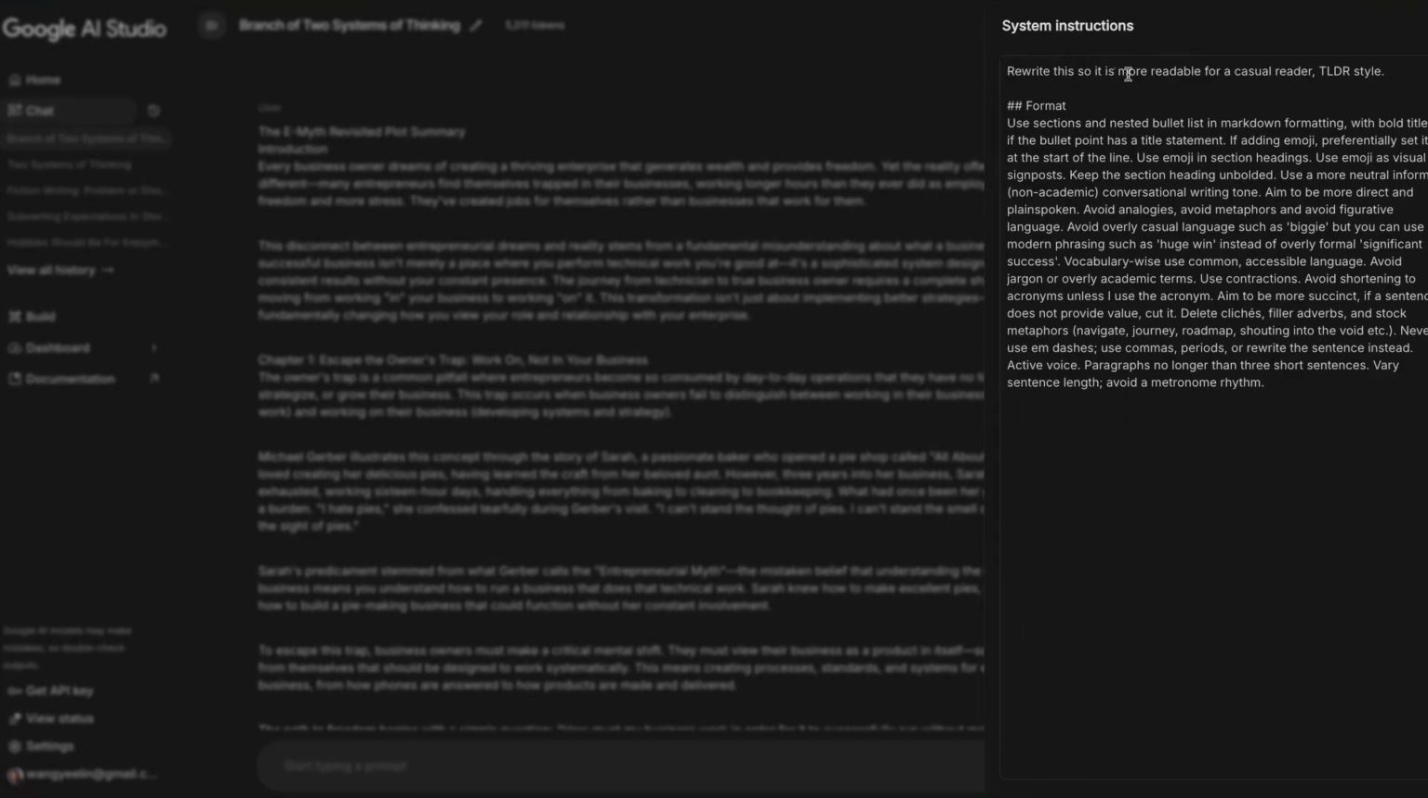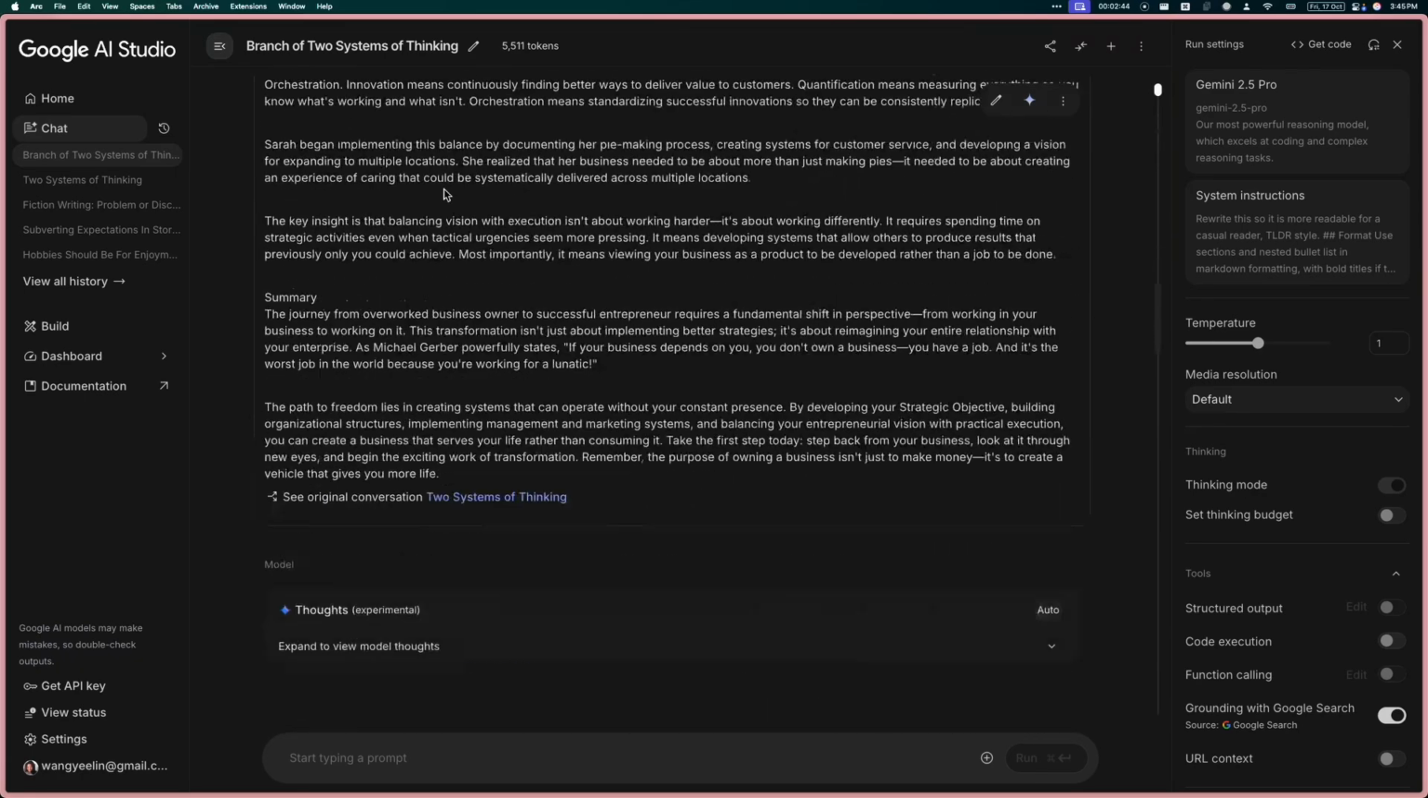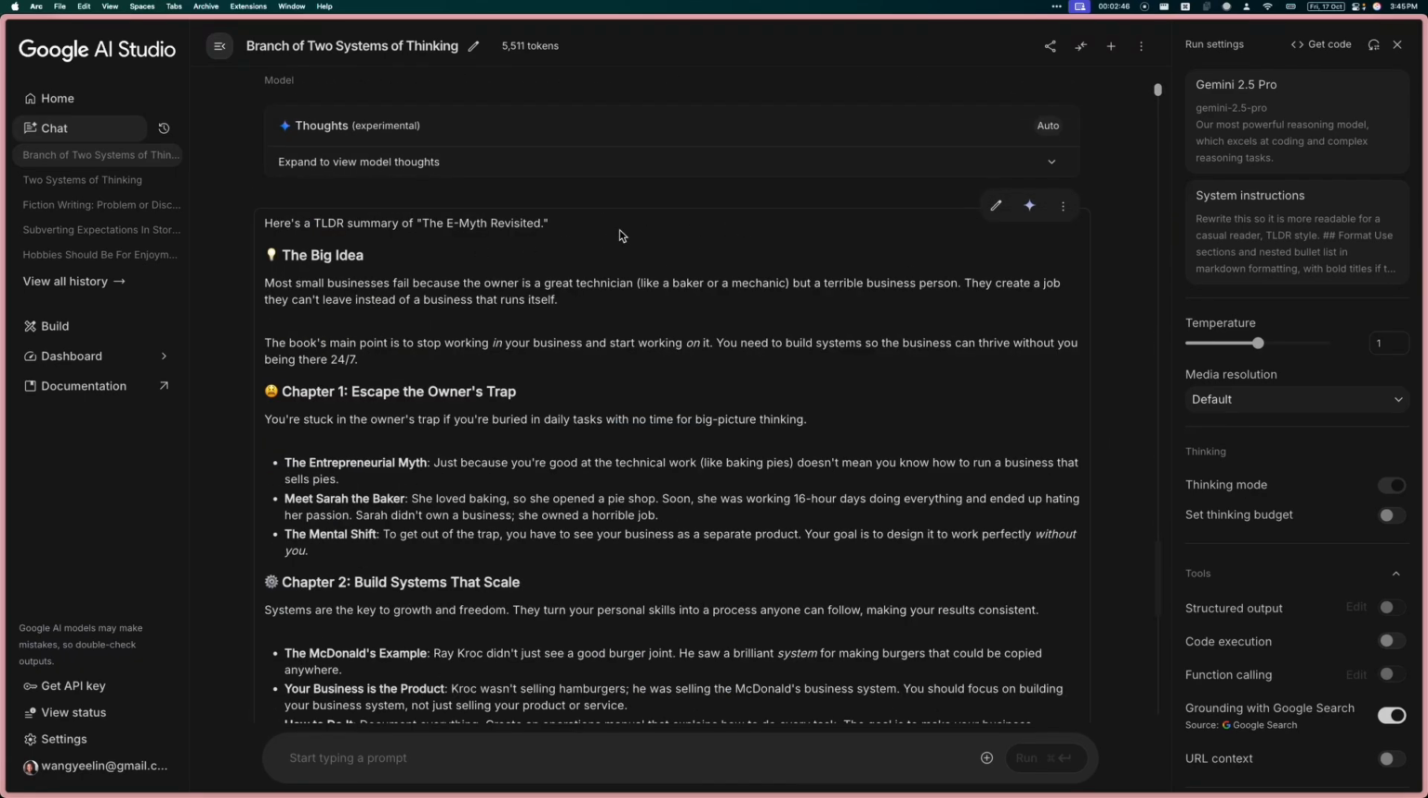So I have a few different forms, but I like to just tell it to make it more readable for a casual reader because my attention span has been suffering. And it's not just that I'm not reading the book, but I'm not even capable of reading such a long, drawn-out summary. Instead, I paste it all here, and once I get it to run, you can see